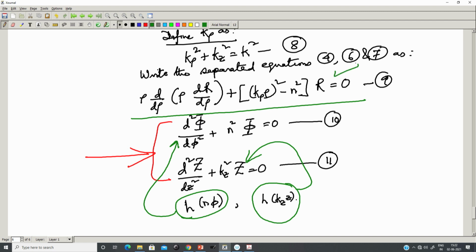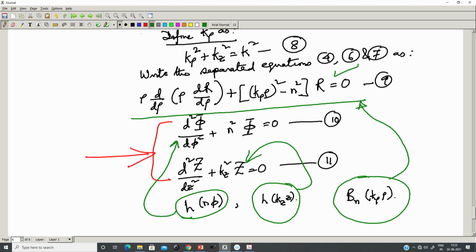So, this is the R equation, which is Bessel's equation of order n, and the solutions will be denoted in general by B n k rho rho. So, we will denote the solutions to equation 9 by B n k rho rho. These will be generic solutions to equation number 9. Now, commonly used solutions to Bessel's equation are,